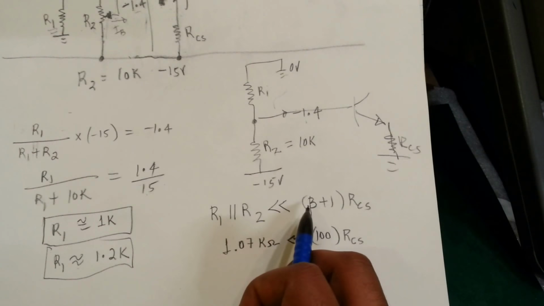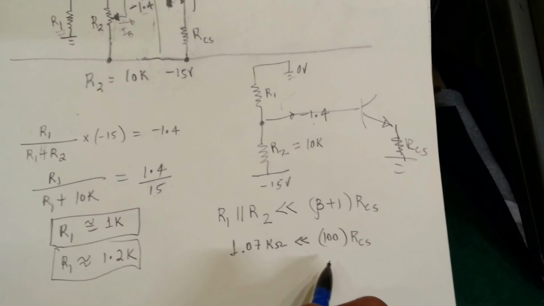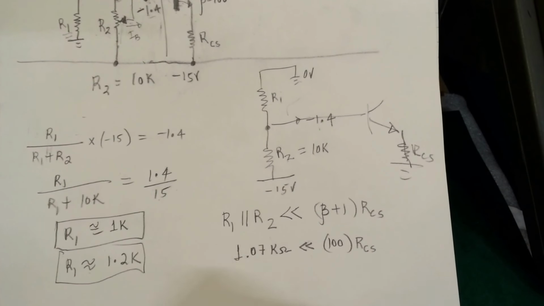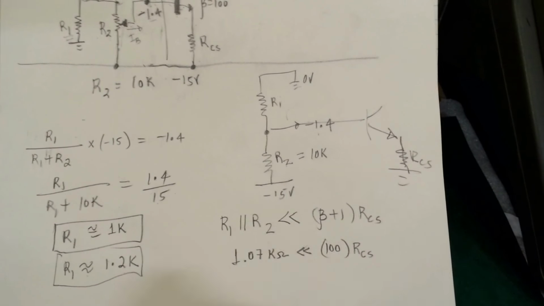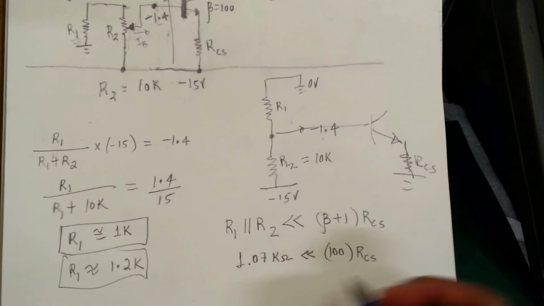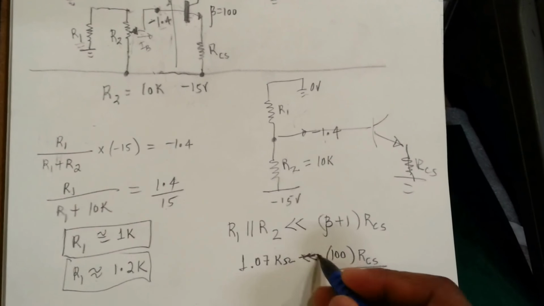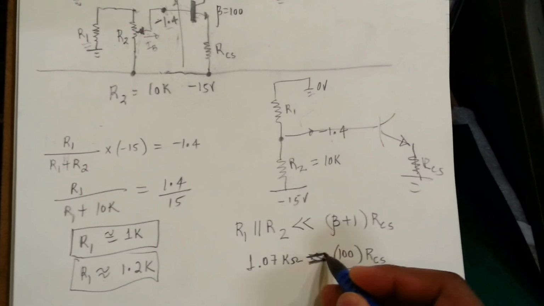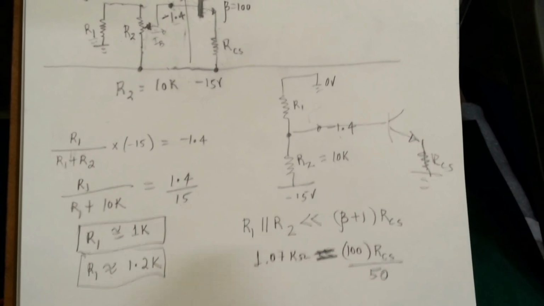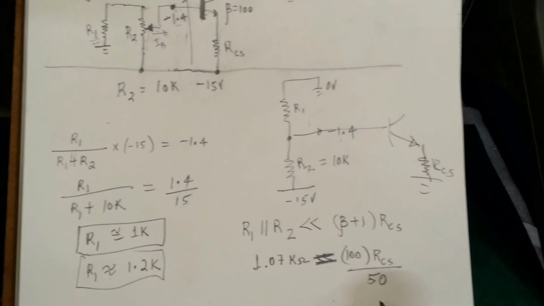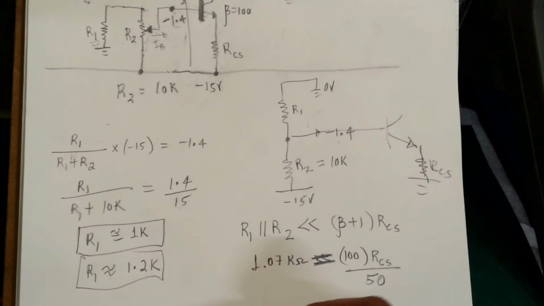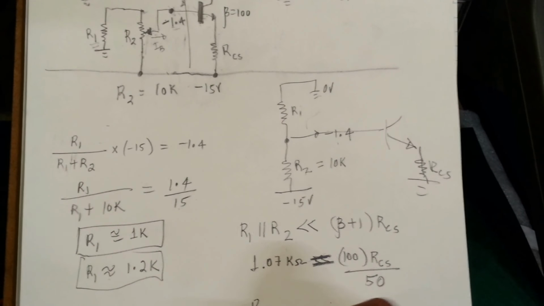So I'm going to ignore the 1 since beta is a lot larger than 1. So I'm just going to take 100. In electronics, much less than means 10 times less. So in this case, I'll just take it as 50 times less to just make sure that we don't have any problem. So if we do that, then this becomes an equality. Then all we have to do is solve for RCS. So RCS equals, in this case,